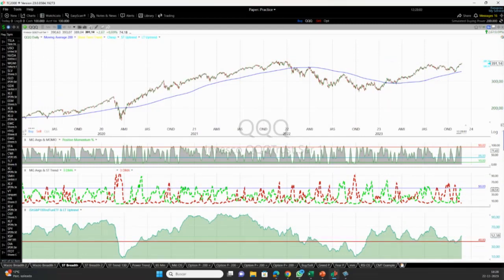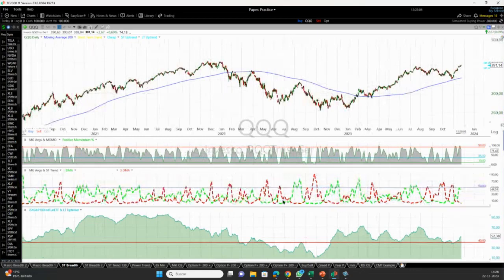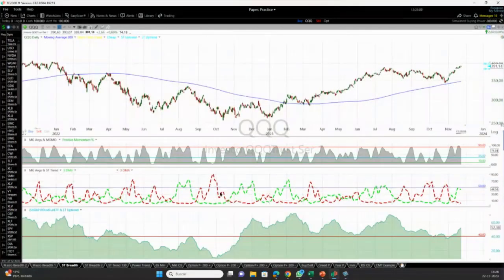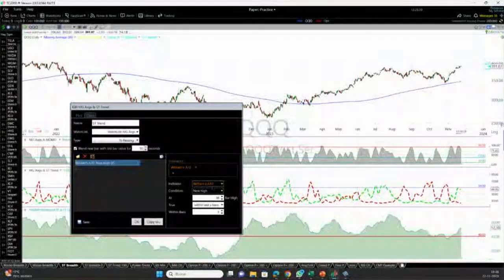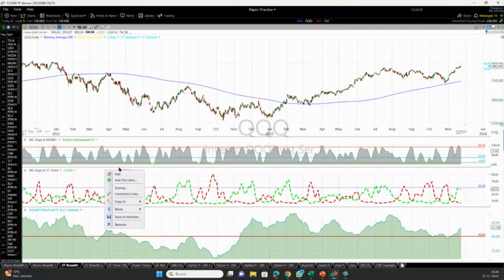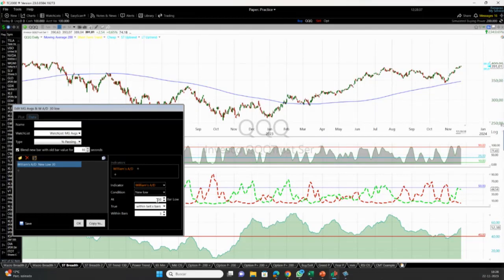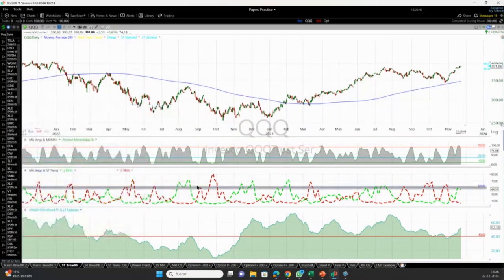Also here in the middle pane, this is the study I did with the Williams accumulation and distribution. This is a bit more complicated, but basically the condition I used here is that I'm asking how many stocks are making a new 30-day high in their Williams accumulation or distribution within the last 3 bars. And the same thing for new lows: how many stocks are making new 30-bar lows within the last 3 bars? And then I smoothed it with a 3-day moving average.